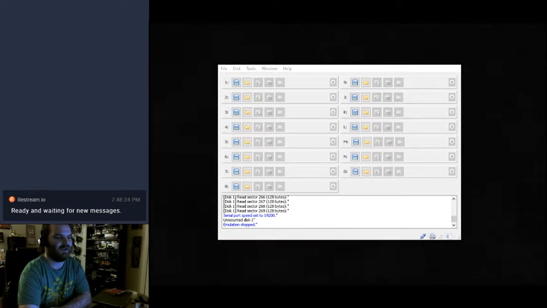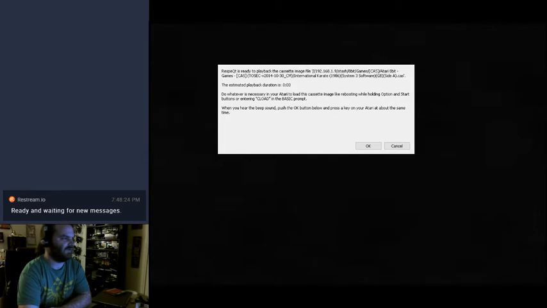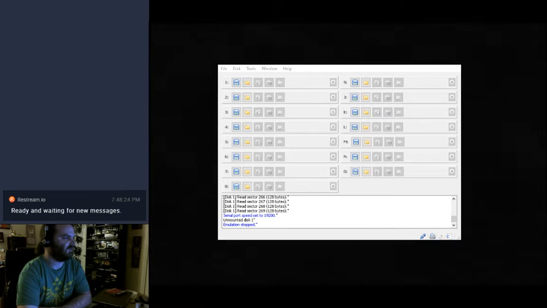All right, so Respect QT is ready to play back. Oh, let me get you that window so you can see what I'm seeing. Properties. All right. So this is the image, the thing I get. Respect QT is ready to play back cassette image file. Estimation duration playback is 000. That's, yeah, whatever. But okay, so when I hear the beep sound